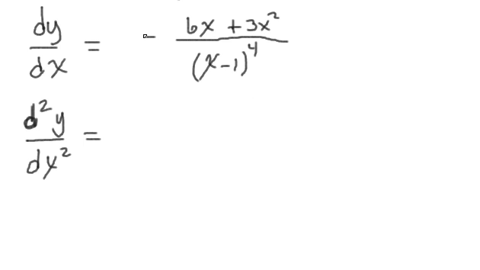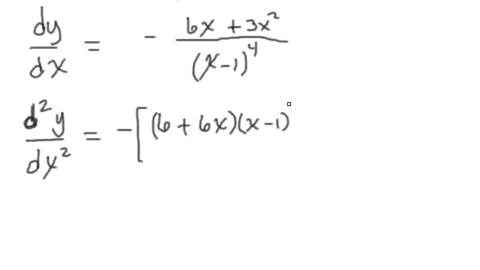Okay, one thing is we got this negative out here in the front, and you got to really be careful about this because you could really mess some things up later on. So what I'm going to do is just pull the negative out and leave it here. Okay, and we're going to use the quotient rule on this. So that means we're going to take the derivative of the numerator, and by the way, I think I'll just box everything in. Right, we take the derivative of the numerator, so the derivative of 6x is 6, and the derivative of 3x squared is 6x, and we're going to multiply that by the denominator,